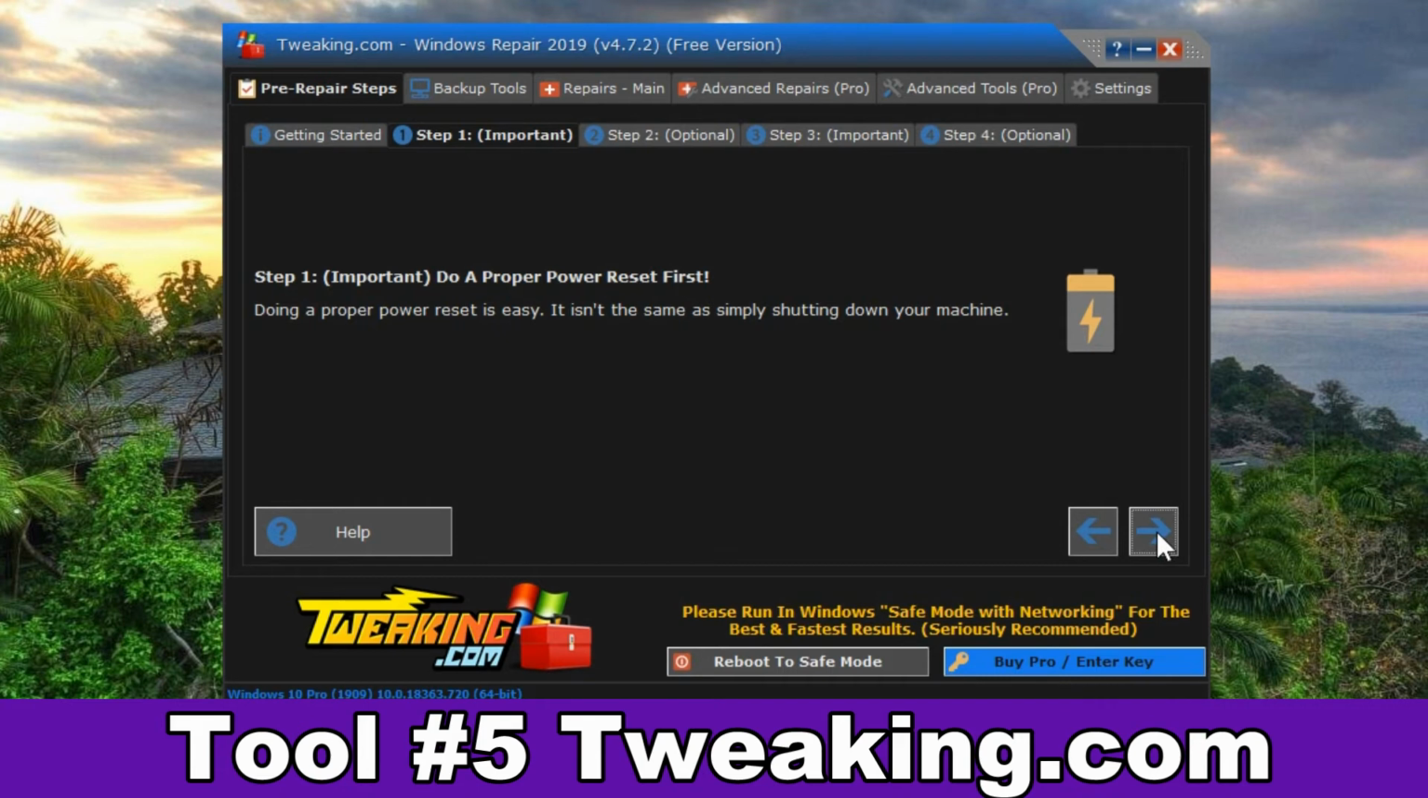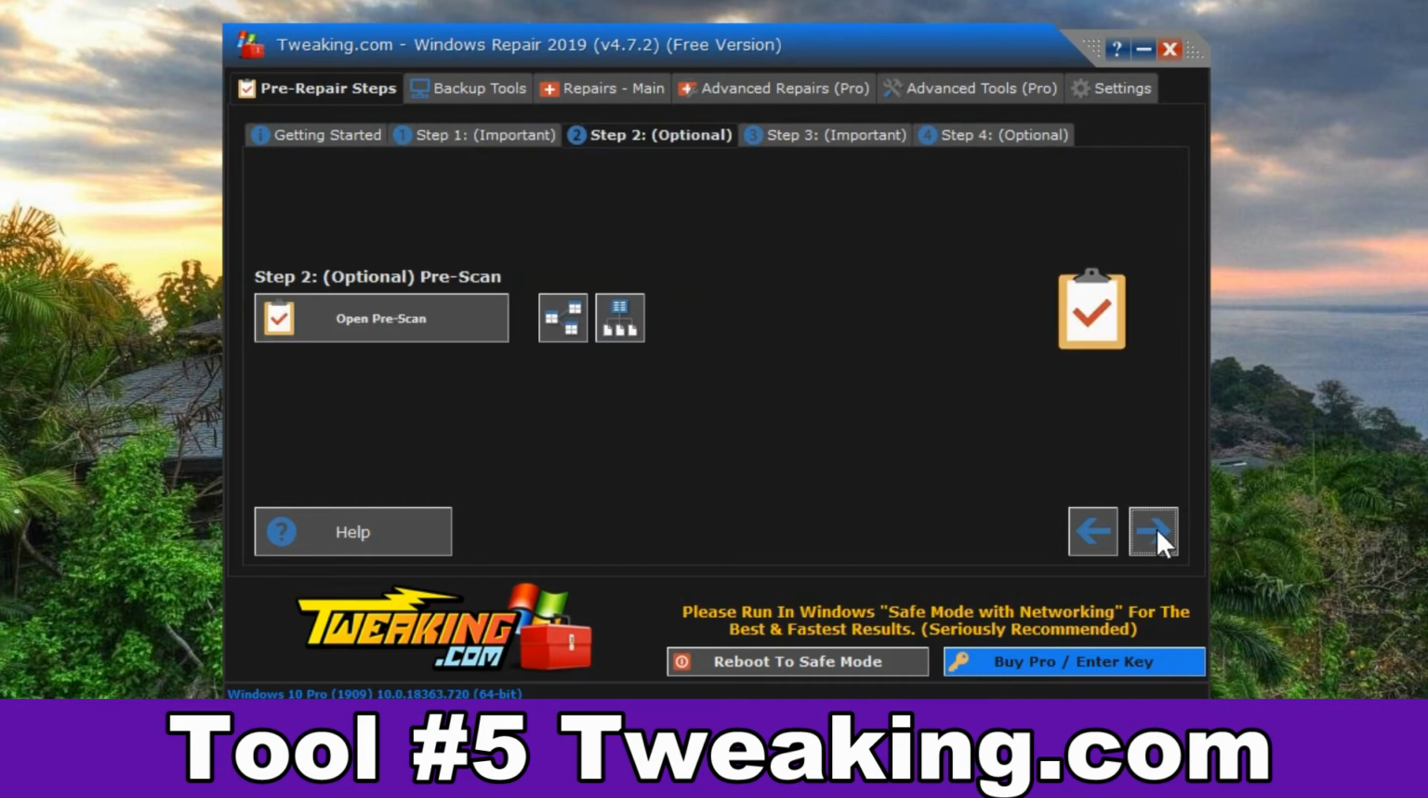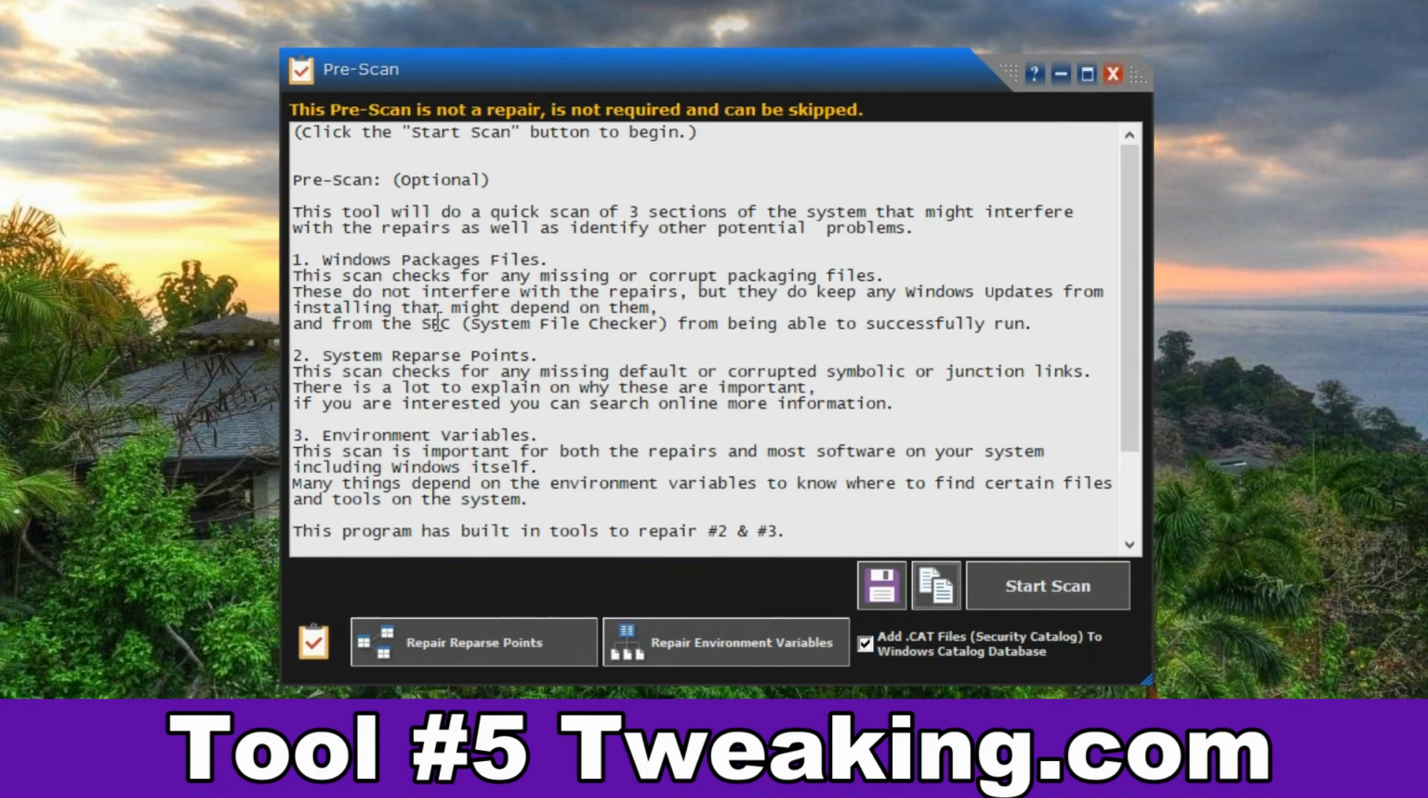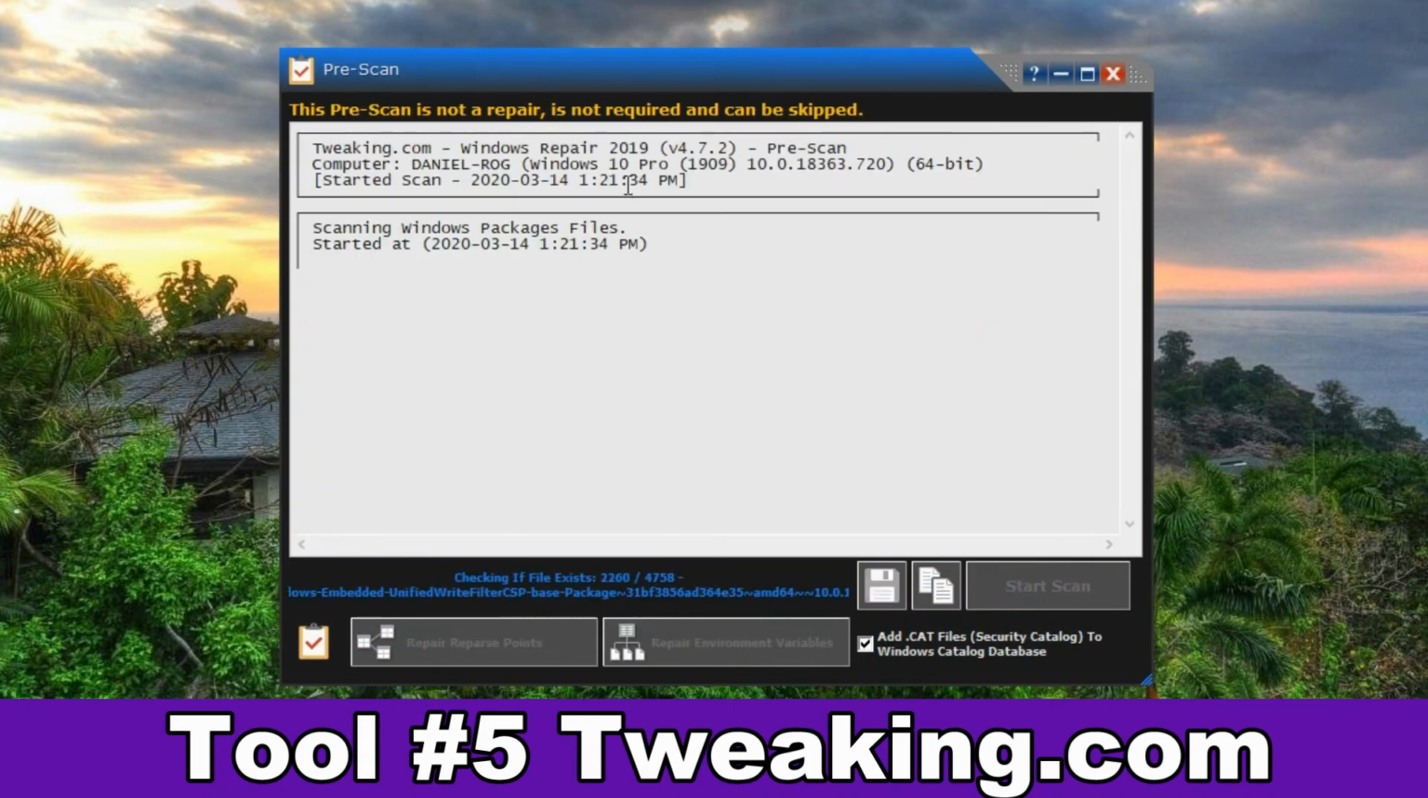Next, you can hit the arrow to the right and it moves you over to step 2, and it's got the pre-scan options, which do 2 different things here. There's parse points that it looks for, as well as the environmental variables it looks for issues on. So just going to open pre-scan and then hit start scan, and it will start scanning, looking for issues